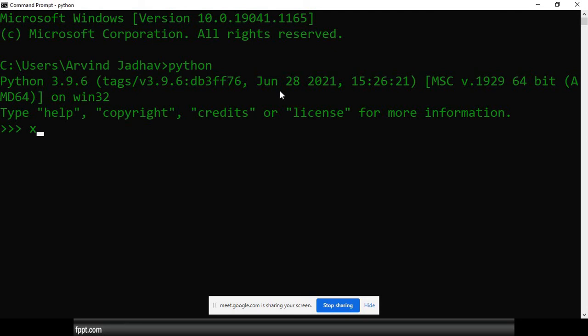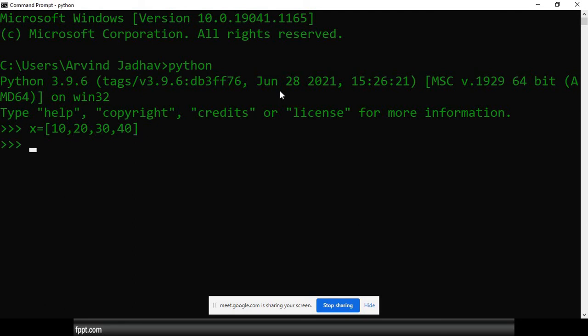Make a note of that. Instead of x, we can use any other variable: b, x, y, z, a, b, c, whatever it may be. Then the equals symbol, and after that we use square bracket open and square bracket close. After that we store the values, something like 20, 30, and 40, so that all elements will be stored in the x variable.